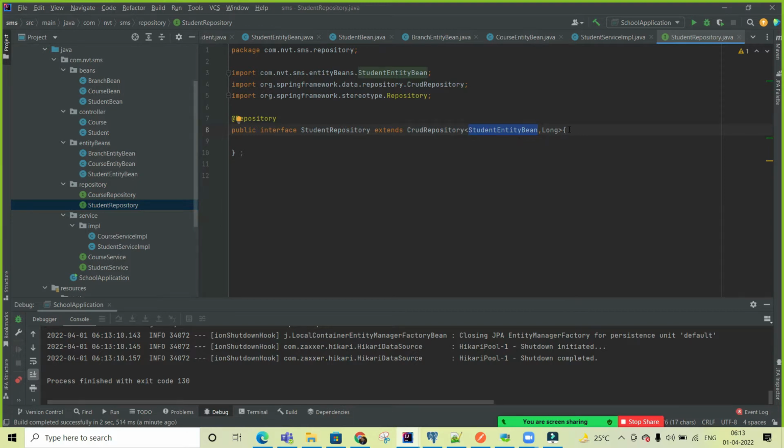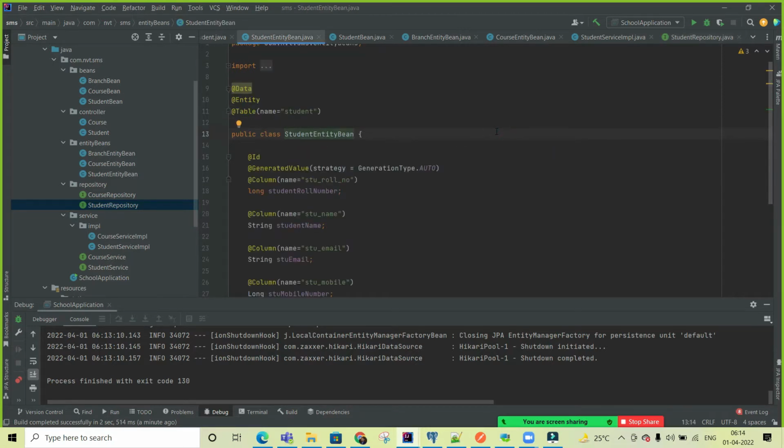Another question: this long is there, right? For which data are we giving it? It can be long or string or anything, right? The student entity bean is basically the table. Whatever the primary key over there, that primary key relates to the @Id. Whatever ID is there, the type of that ID you need to provide over there.